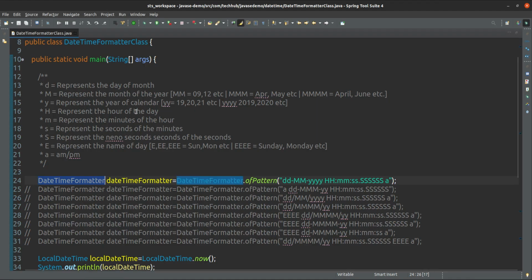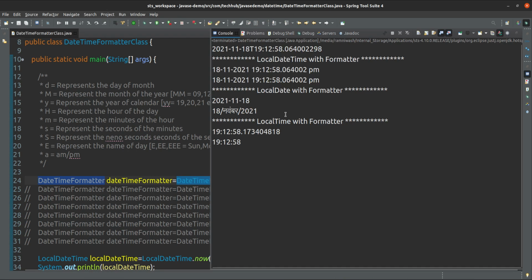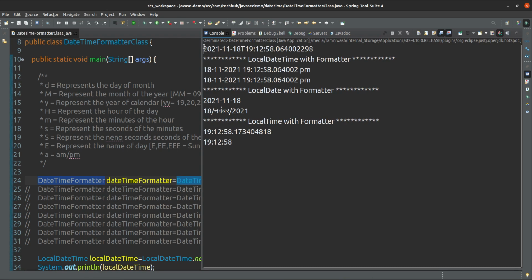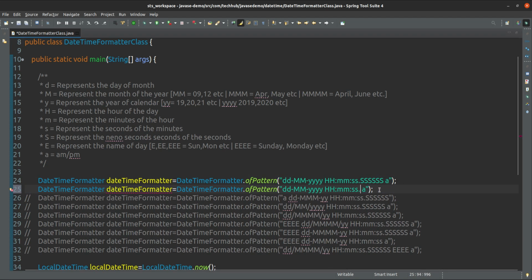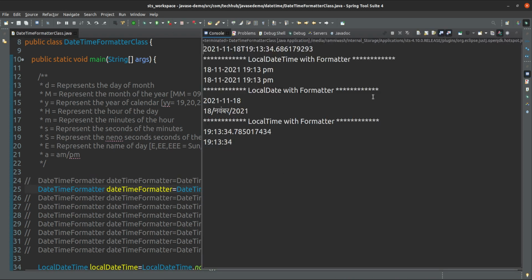Okay, so let's see this example first. Here, if you see this date and time, that is well formatted. From here we can easily understand the time also, because we are giving the date and time format here. If we don't want to give the nanoseconds, then how can we do it? We can remove the seconds and remove the nanoseconds also. That's fine.